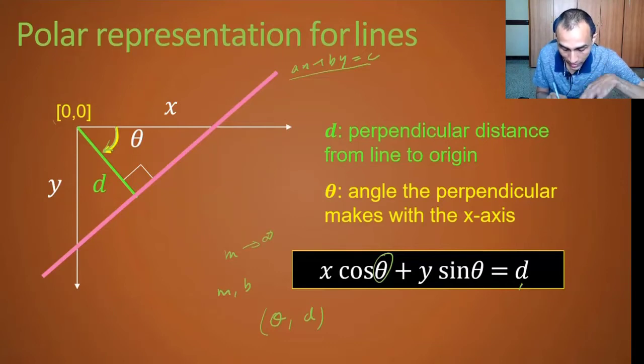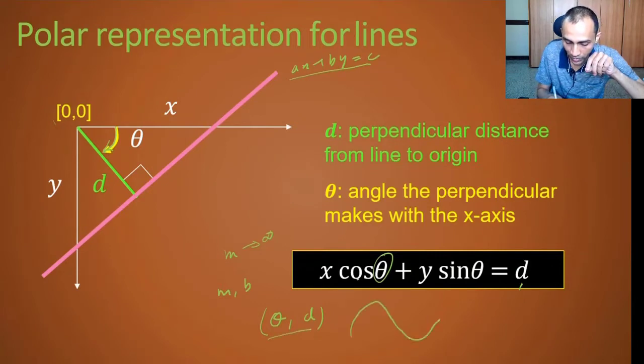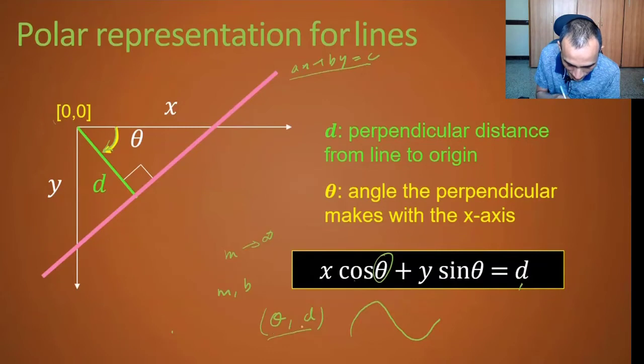There are multiple things here. No more will that same correspondence be there. A point in the image space will not correspond to a line in the Hough space. Rather, it will correspond to some kind of a sinusoid, because now we are having cos and sine values here. A point in the image space will correspond to a sinusoidal function in the Hough space. But the good thing with this is that theta and d can now be easily restricted